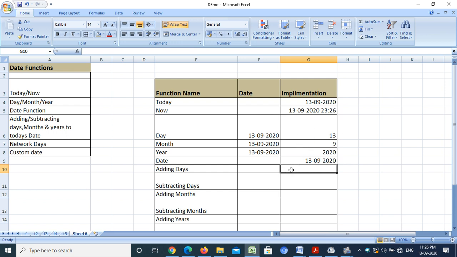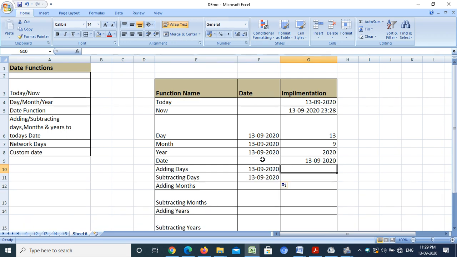Now come to editing days. See, this is today's date. If I keep my cursor here, you can see in the formula bar I have used the today function. Now suppose I want to add 5 days to the current date. For that I just keep my cursor in this cell, and after that I press equal to.